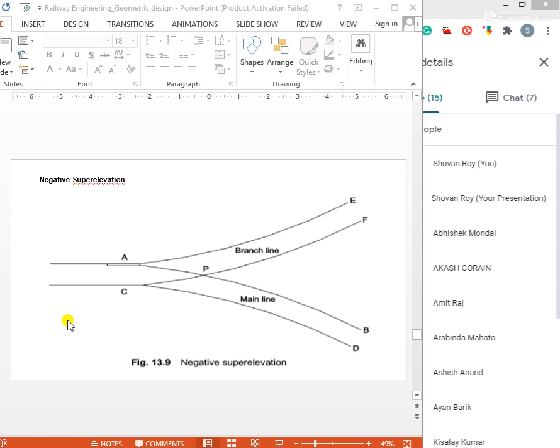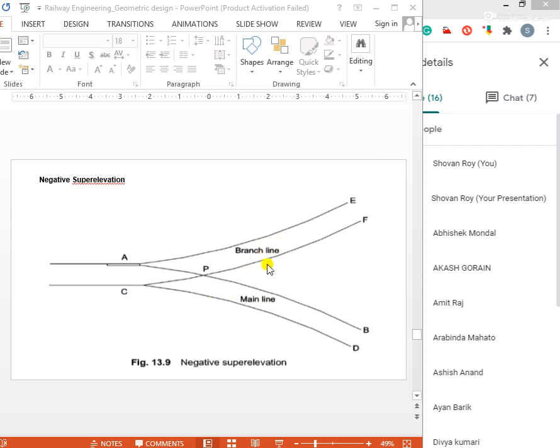It is a most important and very critical question, and it is available only in railway engineering. Negative super elevation arises when the main line lies on a curve and has a turnout